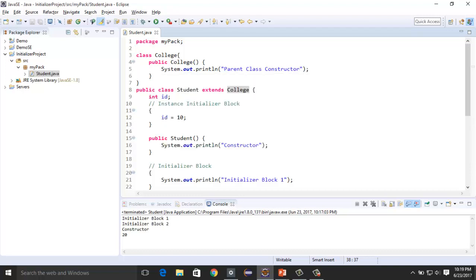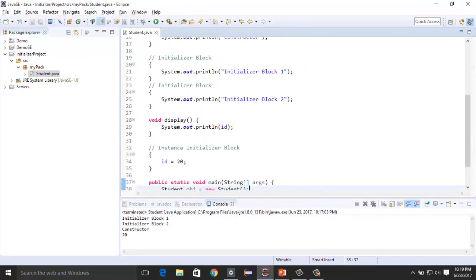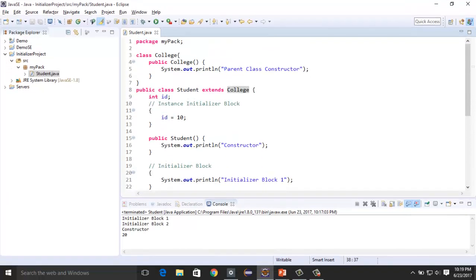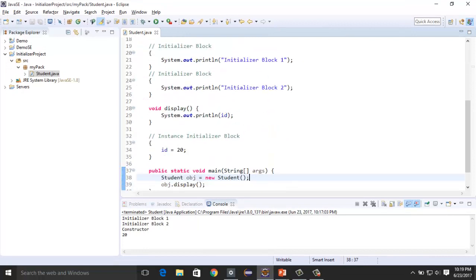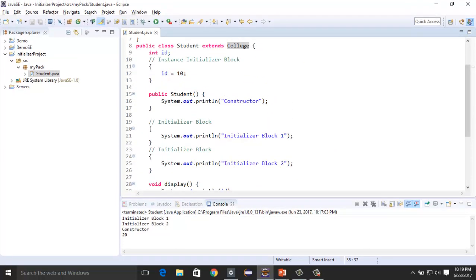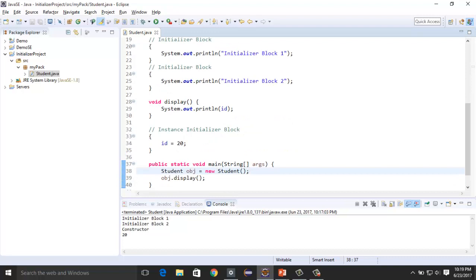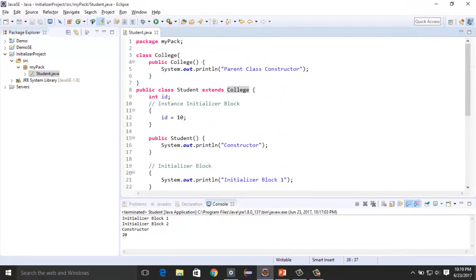So first the parent class constructor gets executed, and after that all the initializer blocks, and after that the current class constructor statement, and then the method. So let's find the output. Here it is, so our parent class constructor invoked, then initializer block 1, initializer block 2, constructor and method.